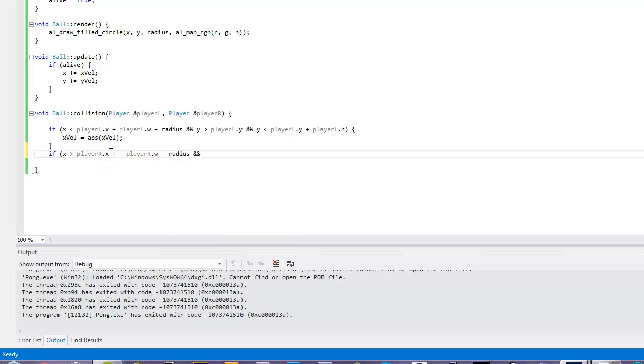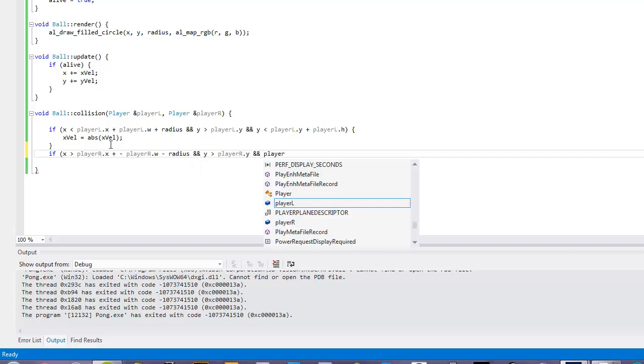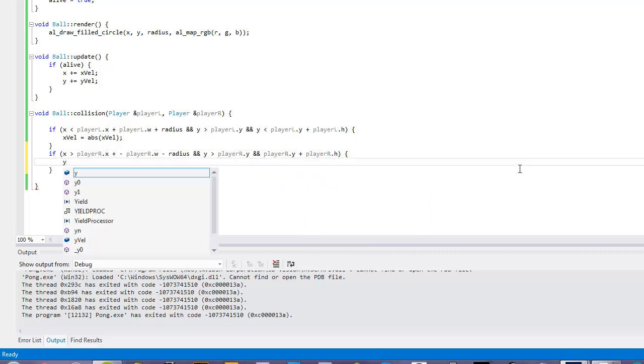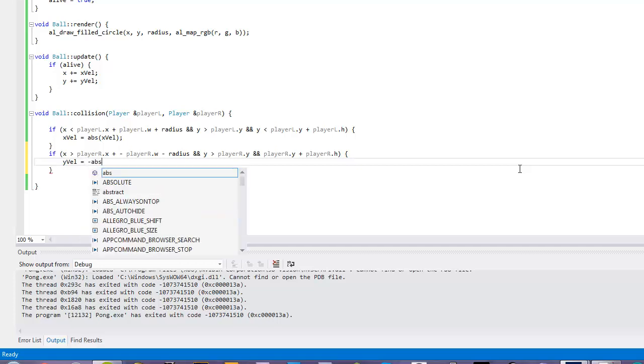Minus radius, Y greater than player R dot Y, and Y less than player R dot Y plus player dot H. We're just going to do the same exact thing here. It's actually, for this one, going to be negative absolute